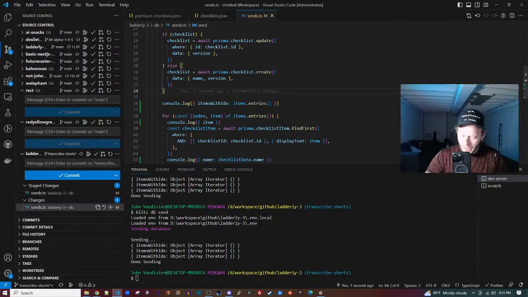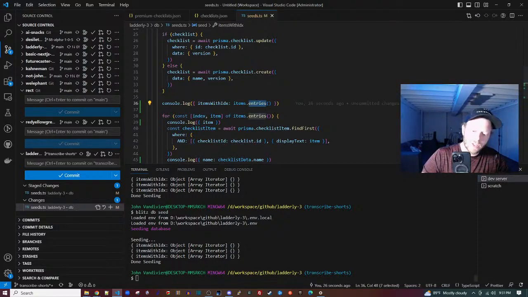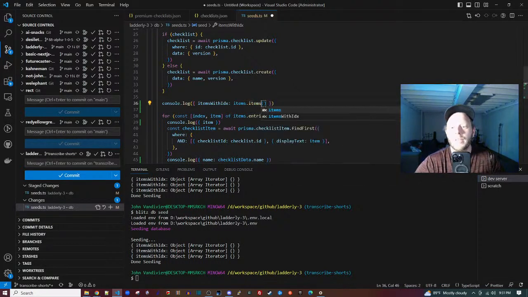What's the equivalent of Python list, enumerate, in JS? Is it items? Look, this is an array iterator. What's going on? No, items will give me the